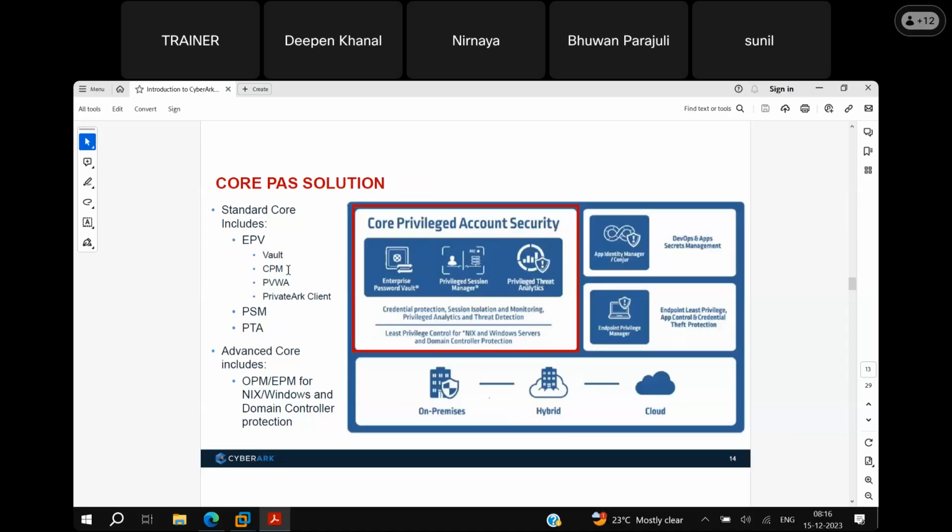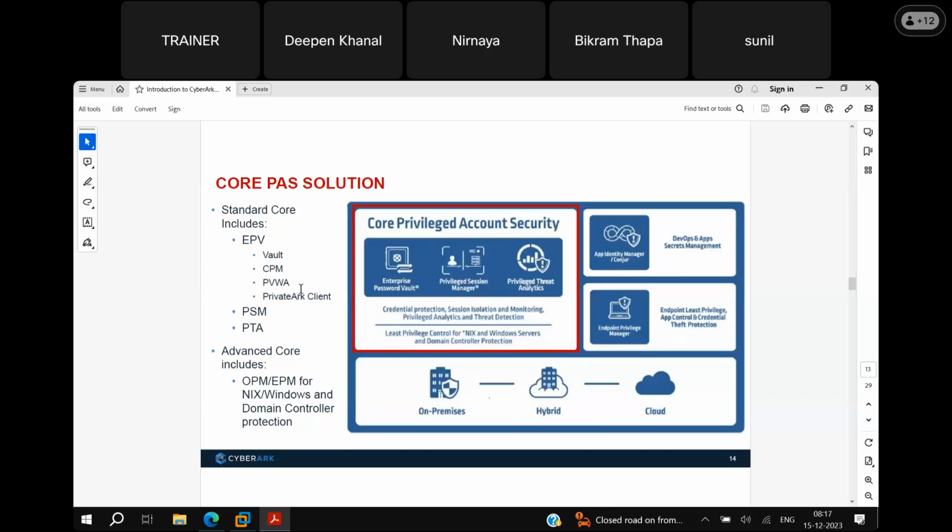That's it. Next, PVWA. What does PVWA stand for? Any one of you guess? Password Vault Web Access. Yes, very good, Bikram. Password Vault Web Access. This is a component in CyberArk. As the name itself indicates, web access. So this is an interface which is used for accessing the CyberArk product. PVWA is a web access.